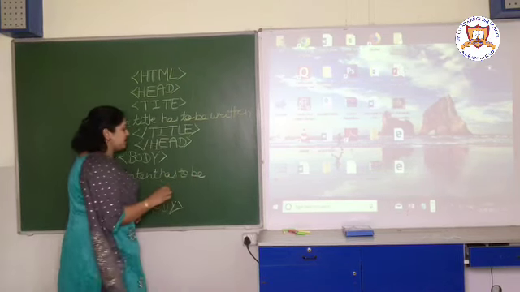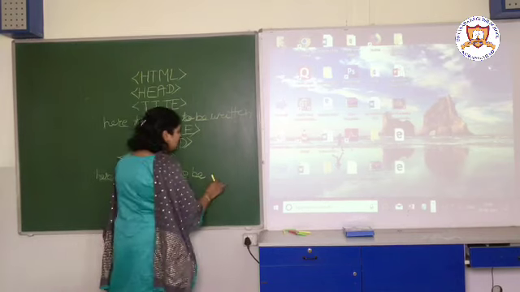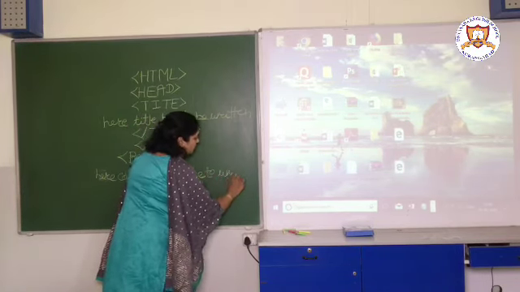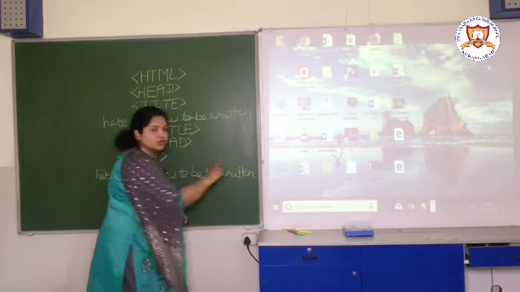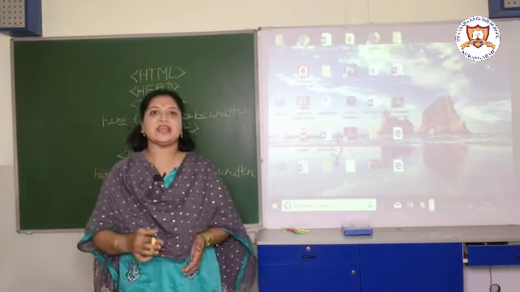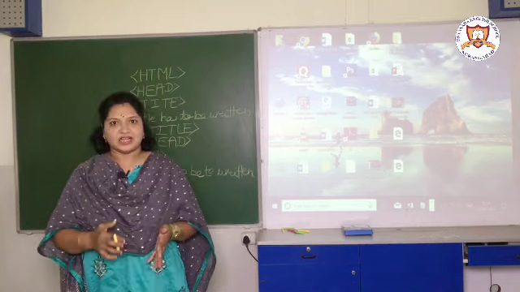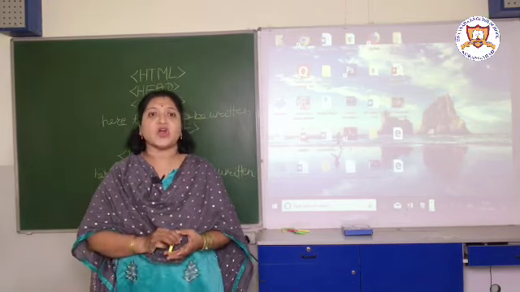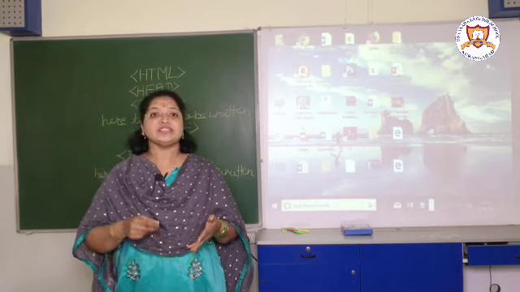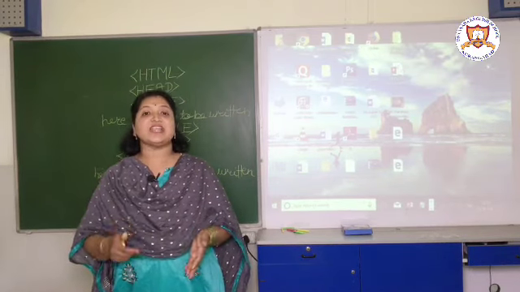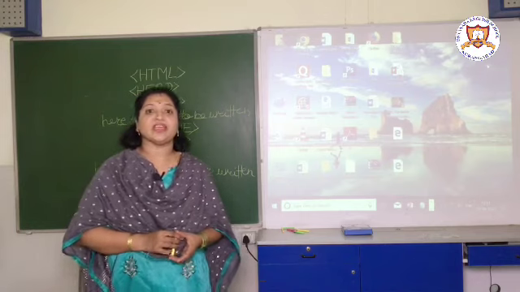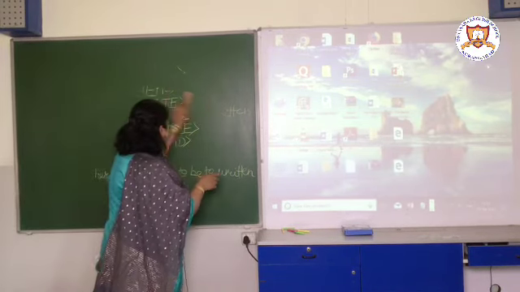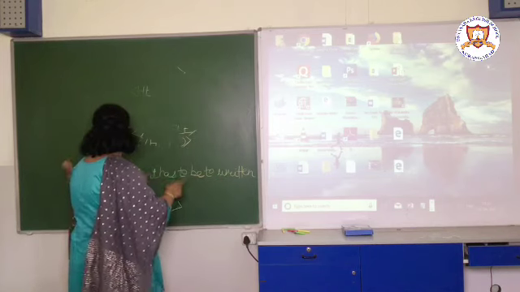Now the content may be in the form of a table, maybe images or frames. Okay, in a website we are writing all the contents. In a table we can arrange, we can organize all types of data in a cell. Okay, in a cell you can give links, you can give data, files can be interlinked with each other.